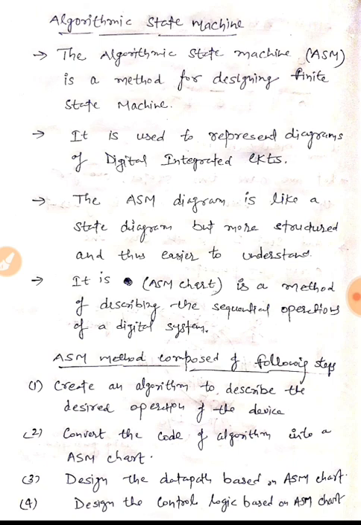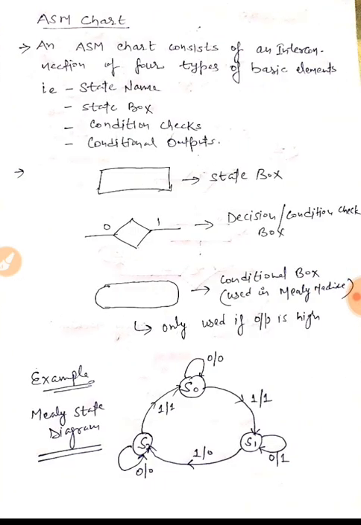I have just summarized some points on how we can design an ASM. Okay, so what is in our syllabus is the ASM chart. So let's see what an ASM chart is. An ASM chart consists of interconnection of 4 types of elements. So it is nothing but a chart which consists of 4 elements, that is state name,